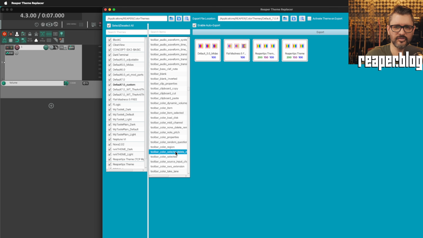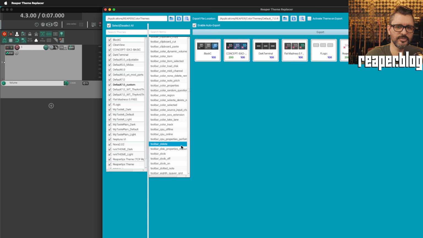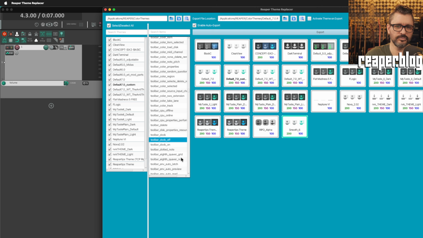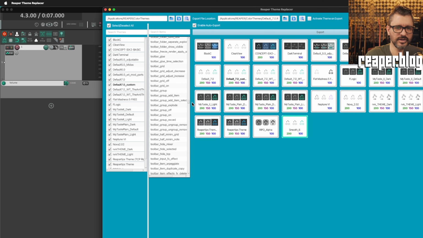All the themes that have file names that are the same, it will list all of those here. Not every theme uses the same files. Reaper 5 themes work best with other Reaper 5 themes. Reaper 7 themes work best with other Reaper 7 themes, but you're not going to find as much differences among them. Within this list, you'll find basically every toolbar button,